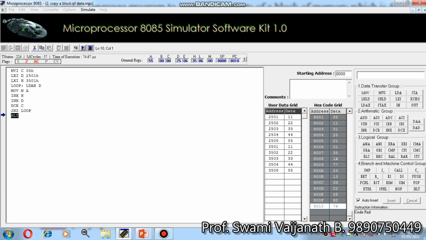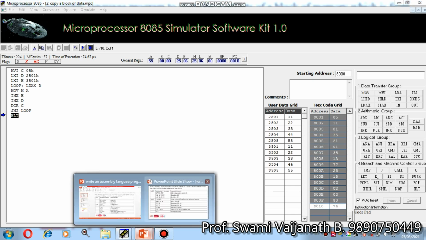Here you can see that 2501H to 2505H, 11, 22, 33, 44, 55, is copied to 3501H to 3505H. When I change something here, it also changes in the program. I hope you understand this concept.